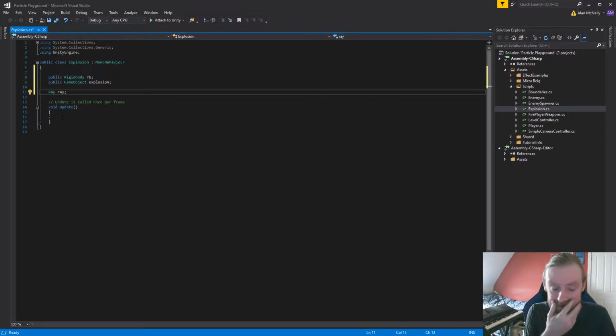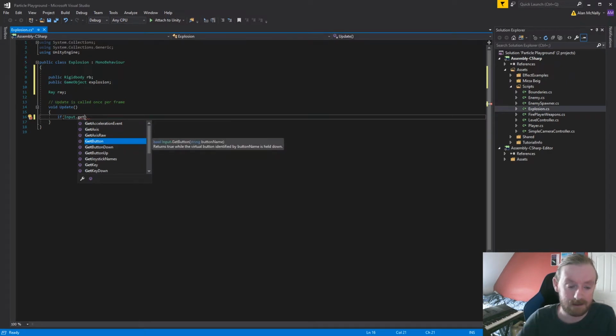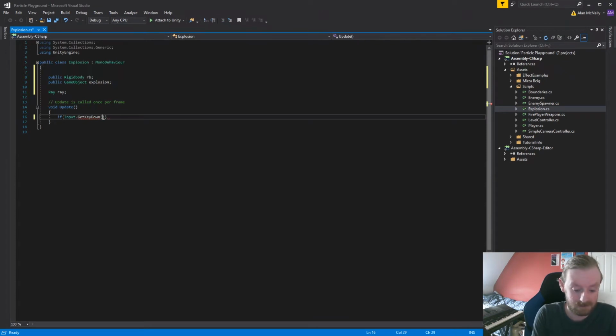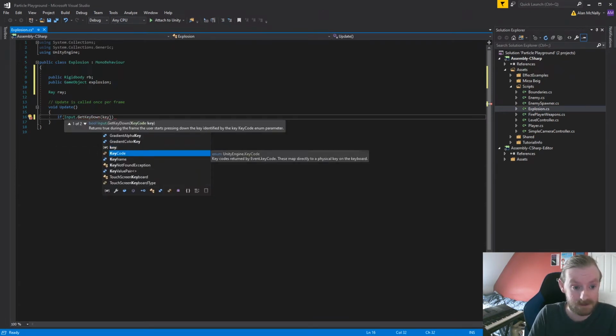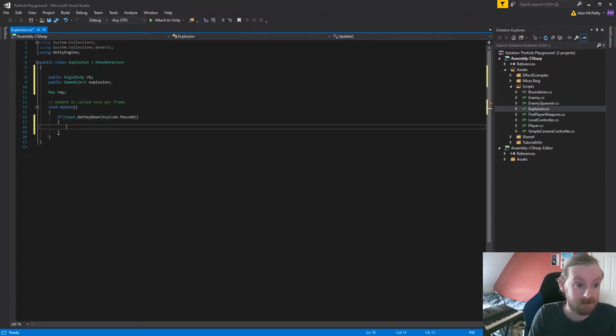And do I need to... Jesus, I can't remember how to do this. If input dot get key, get button, it's a string name, so get key returns while the holder holds down the key, so get key down, key code dot mouse 0, I think is the left mouse button. Yep. If input.get key down key code mouse back, you're going to do a